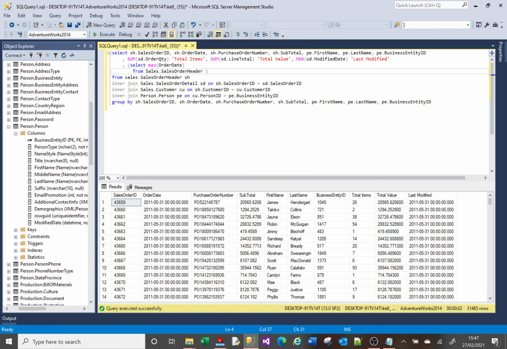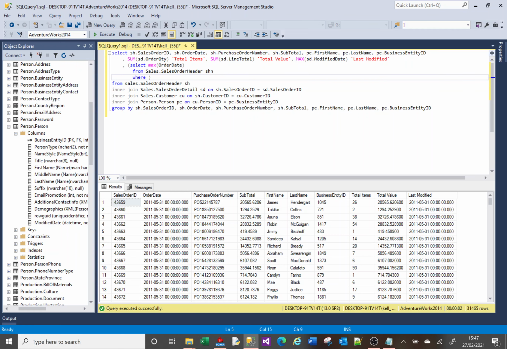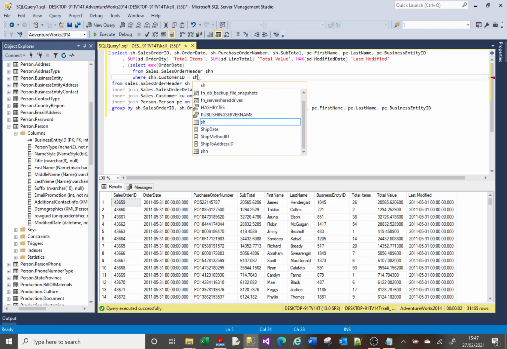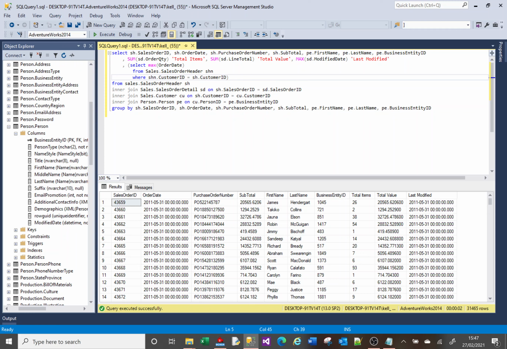Because this is a nested select, I'm going to say sales header SHN, for nested, where, and what we can say is, we can say SHN.customer ID equals, and then we can reference our other tables. So if I run that,